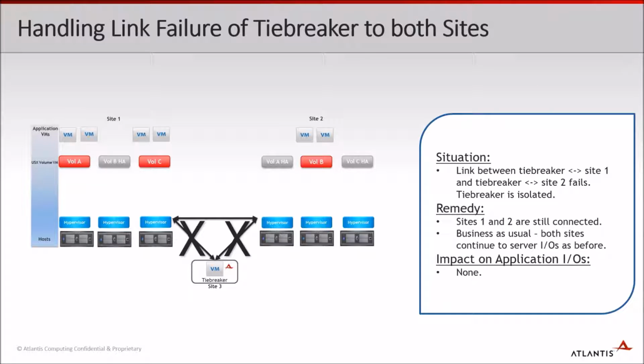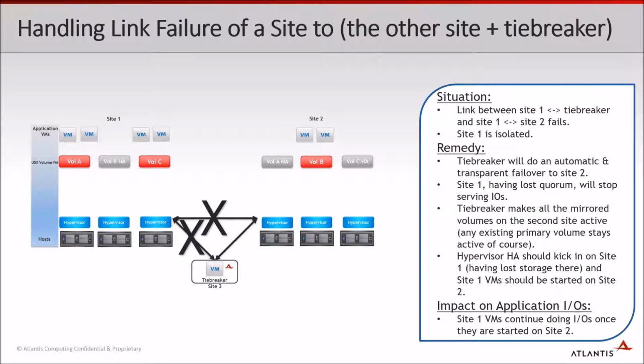In this scenario, one of the sites has lost connection to the tiebreaker. Still, there is no failover required because site 1 and site 2 are connected here, and site 2 and the tiebreaker is connected. So everything is available, no failover happens. In this example, the tiebreaker is completely isolated. It has lost connection to both the sides. Even in this scenario, there is no failover required, and no failover happens because both the sides know that they are connected to each other, and the volumes know that they are able to talk to their HA service,